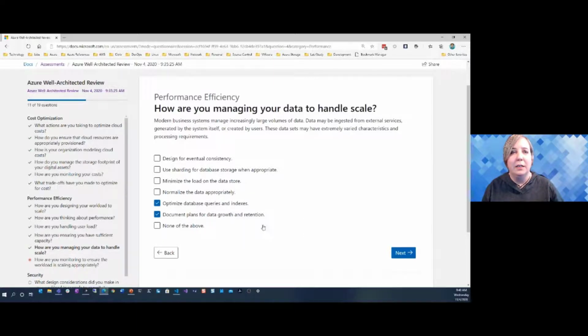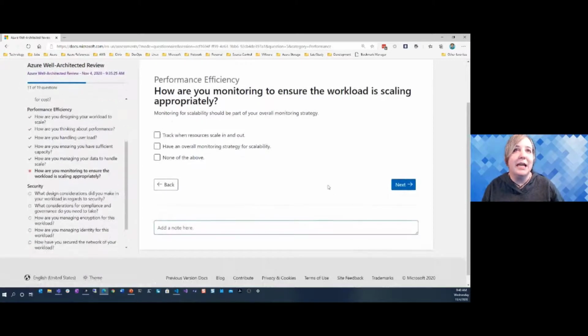Those two? Okay. I feel like usually somebody's already in the cloud and they've been hanging out in the cloud for a little bit. Yep, that's where I think those are a little bit more advanced. So how are you monitoring to ensure the workload is scaling appropriately? Monitoring strategy. Okay.